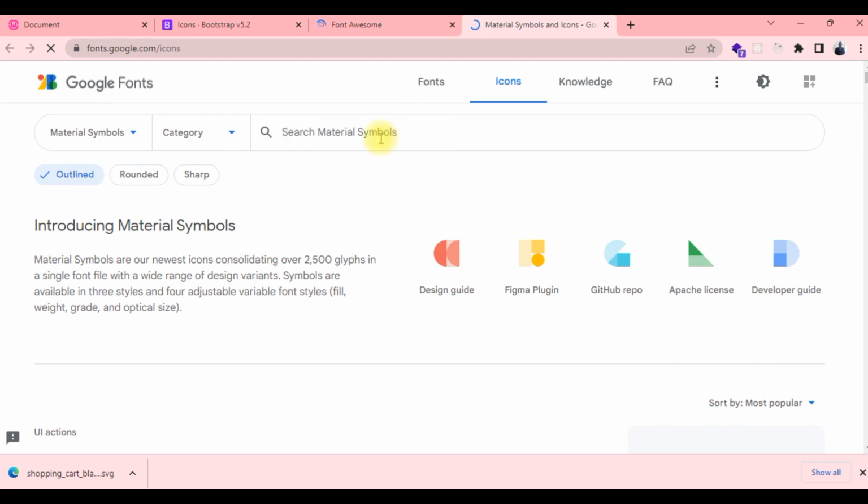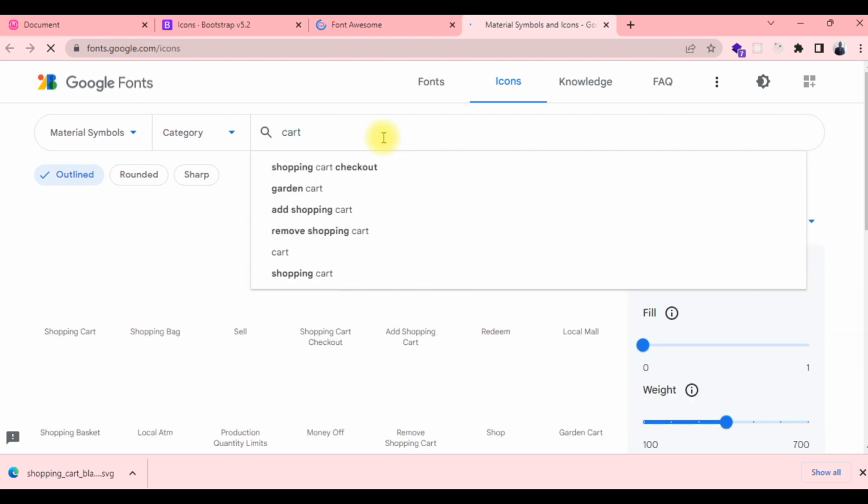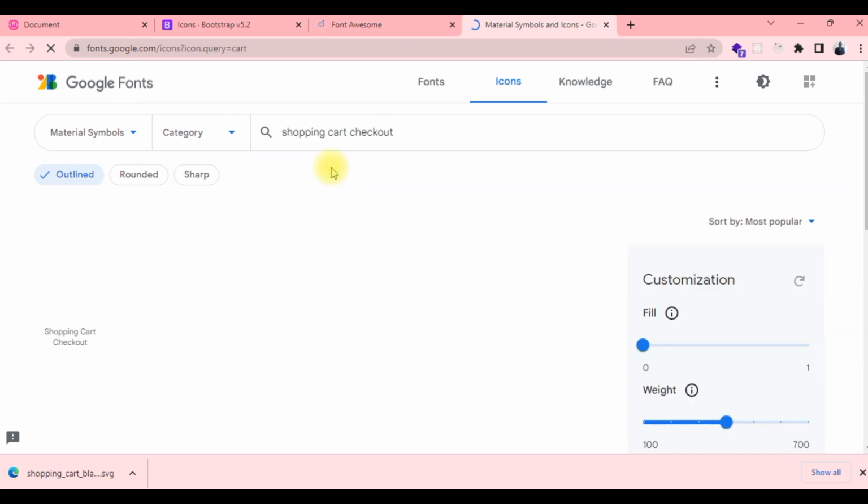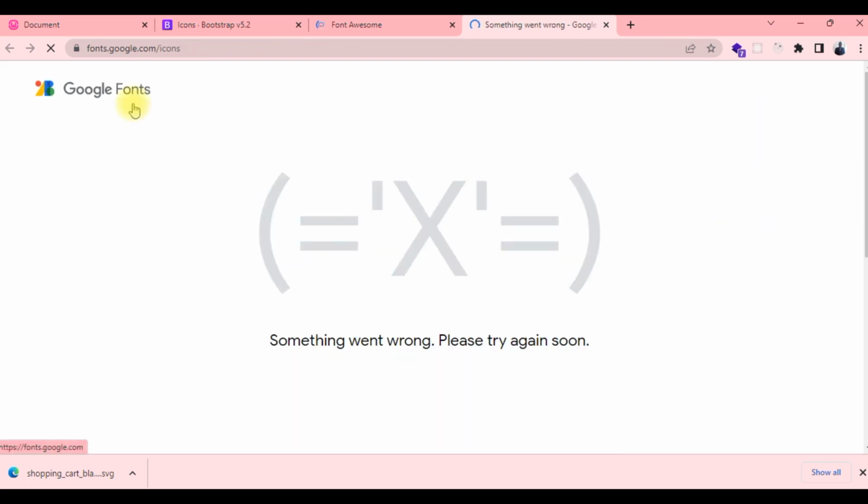So here I'll just search for our icon and look for cart, shopping cart, checkout. Okay, then you'll see a list of different fonts from Google. Let's see, this one is bringing out an error. Anyways,